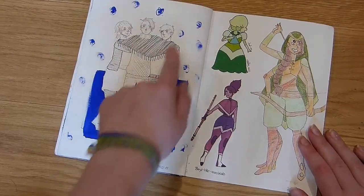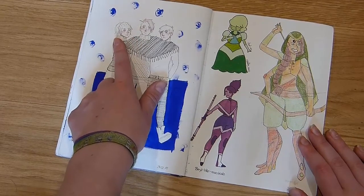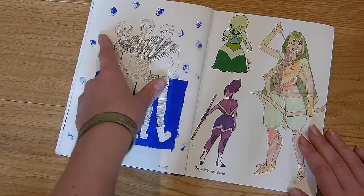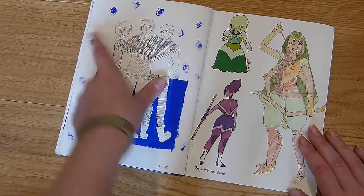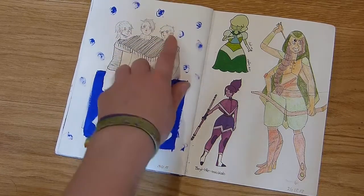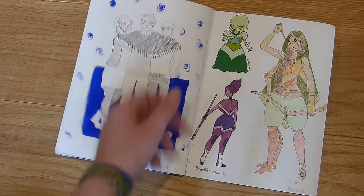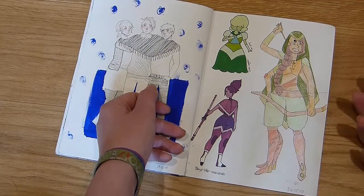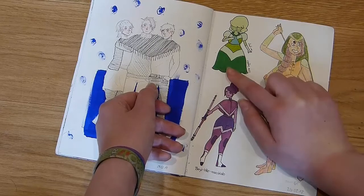And a friend had this really cool poncho, and we were just like, yeah, we could just put our heads through the slits for the arms, and then we look really stupid. And then I drew this because I thought this was hilarious, and this is me, and these are my two friends. And then I did some Steven Universe art, like this is OC from